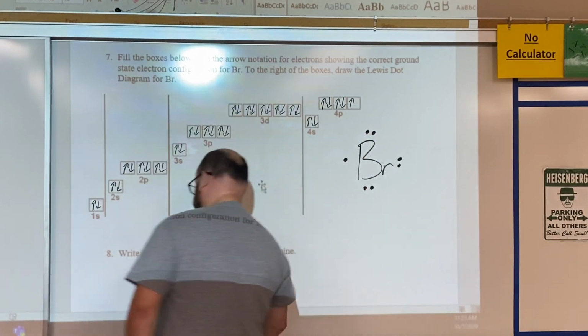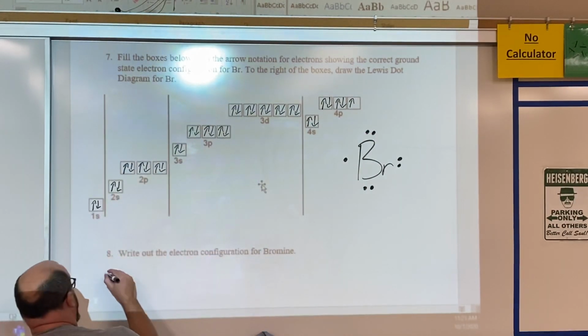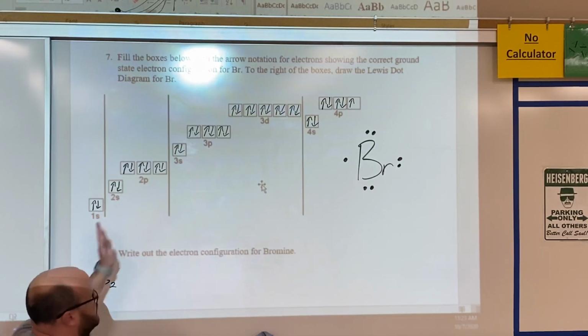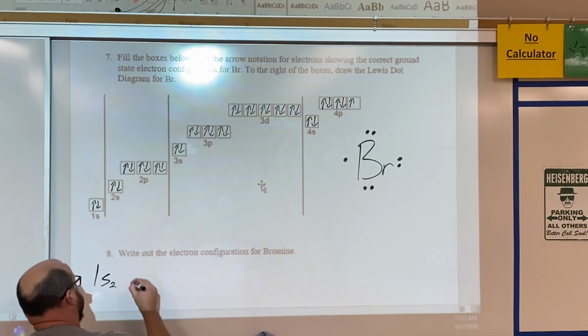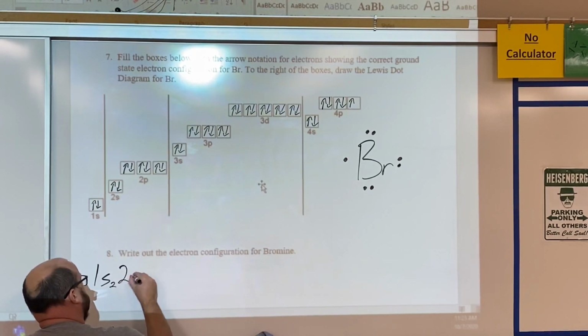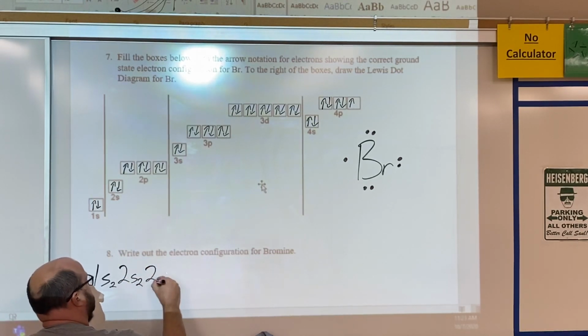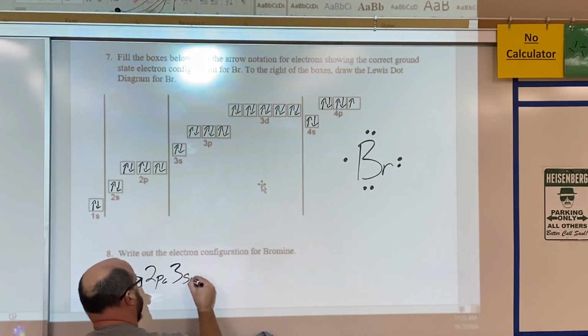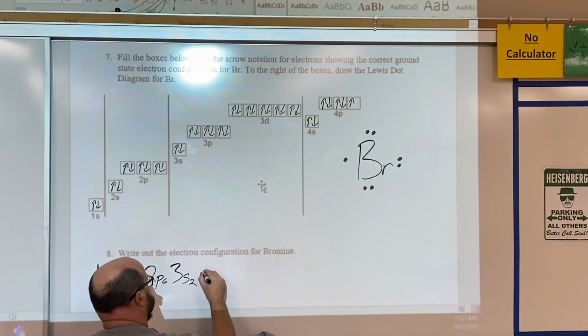Now let's write it out. 1s2. And once you get good at this, you'll realize they all start the same way until you end. 1s2, 2s2, 2p6, 3s2, 3p6,